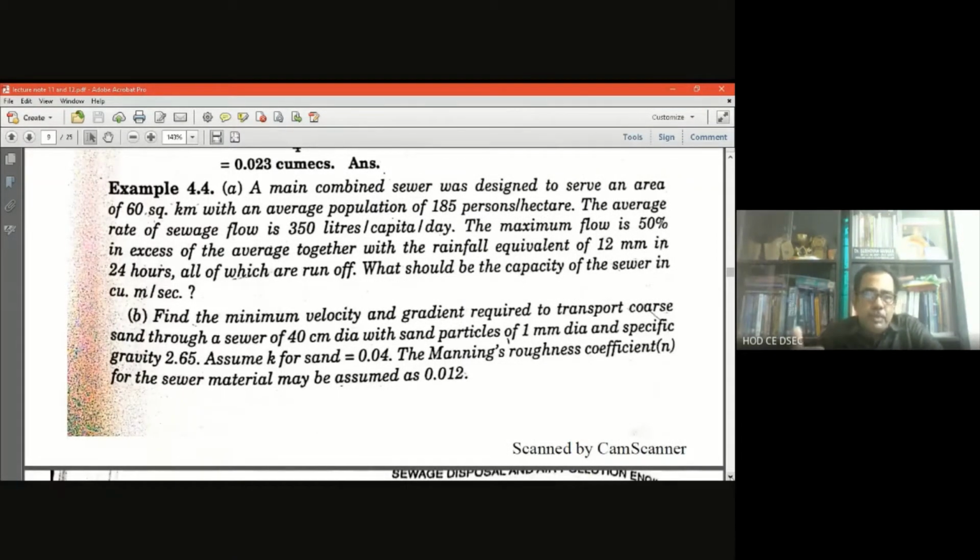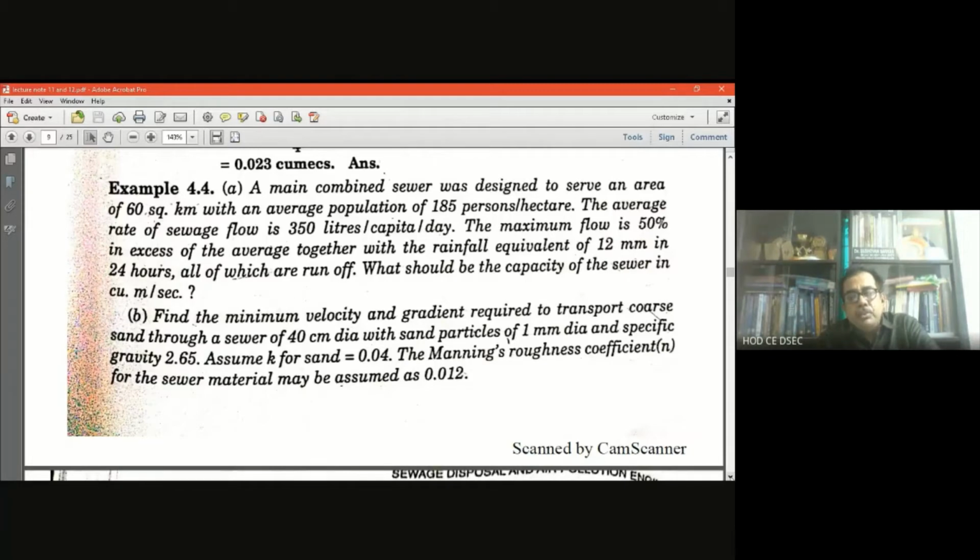More and more complicated problems we are entering into from the simplified form, to give you a better clarification of the hydraulic design of the sewer, because the more you go into the numerical sums, the clarification will be better, because the design part is basically the problematic part, not the theoretical part. That's why I am going through various types of critical problems in detail, so that the conception will grow in a very effective manner, so that you can well understand the inner part of the hydraulic design of the sewer.